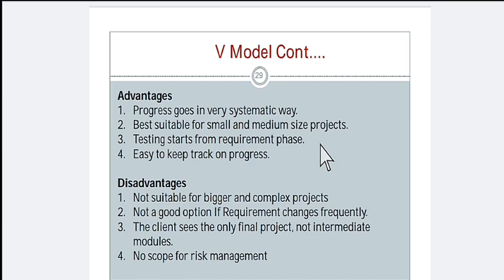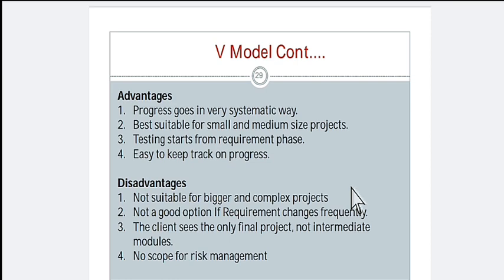If the bugs are in acceptance testing, we directly go towards the requirement phase. And the next advantage is it is easy to keep track of progress. In this model it is very easy to track the progress of your development.